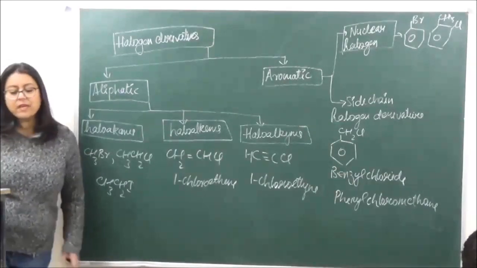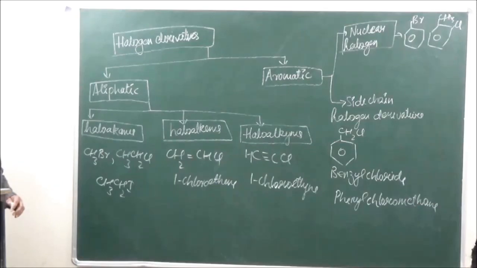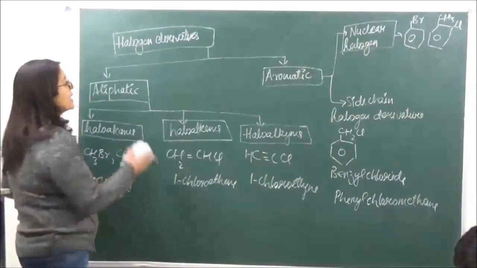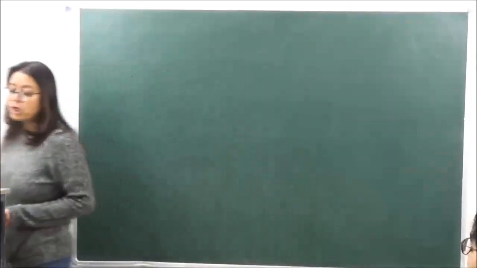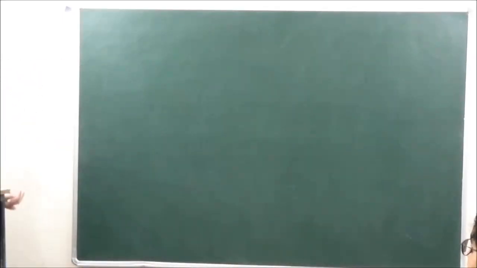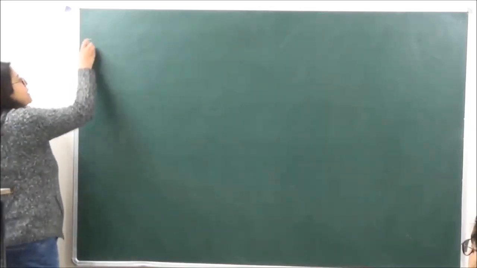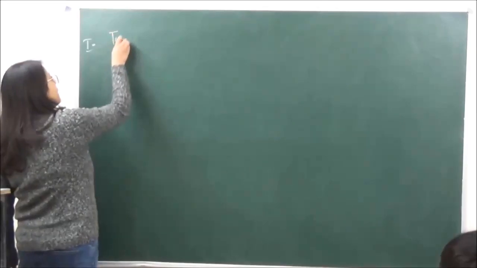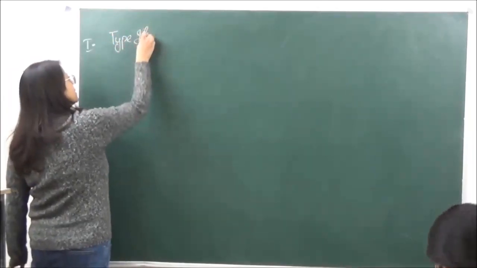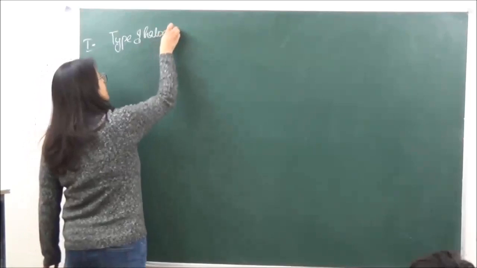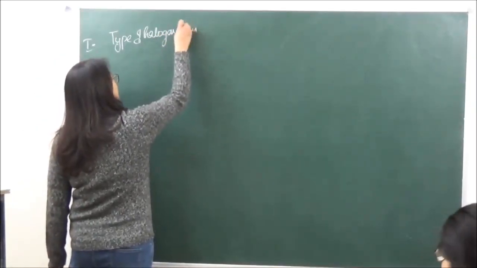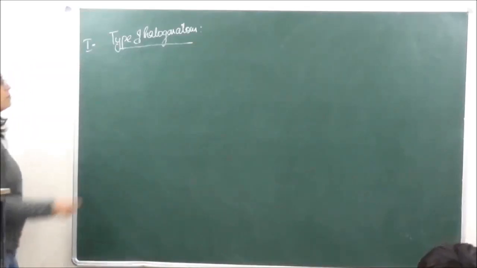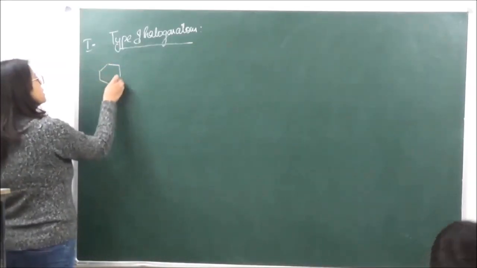Then we have classification on certain other criteria also apart from what we have done over here. So let's just take a look at the classification again. Now there are going to be a lot of factors on the basis of which हम लोग classify करेंगे. The first factor, that is type of halogen atom. So depending upon type of halogen atom, we have the first one which is